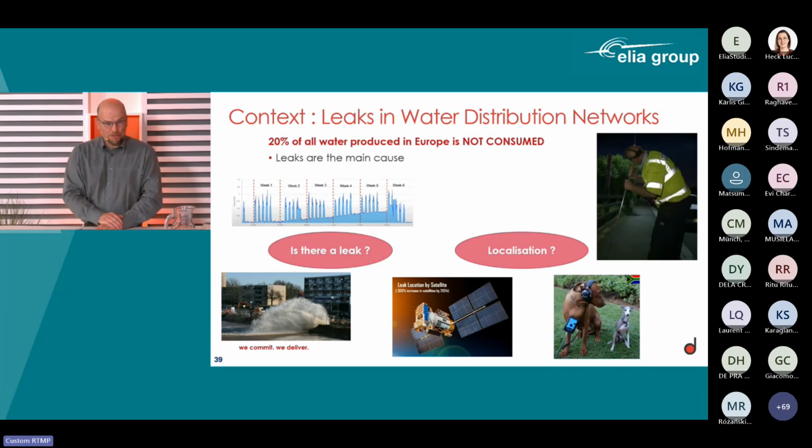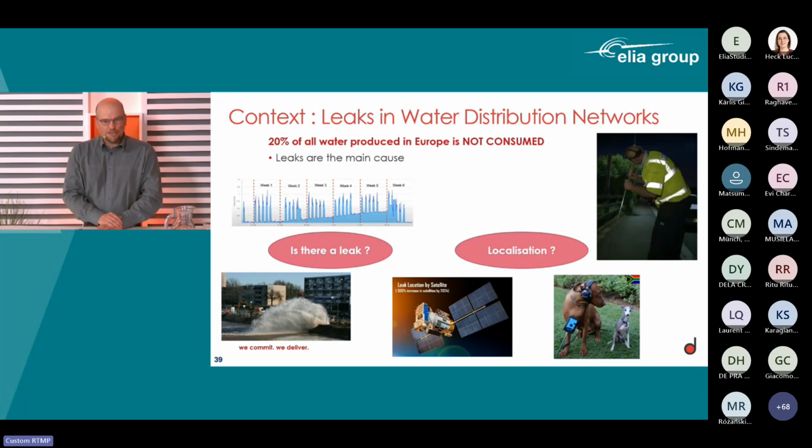That is actually a real person doing that job at night, because at night there is not much water consumption. It's somewhere in England that this guy is working, and he's putting his ear to the pipe with that kind of stick, listening to the sound, and that's the way he is converging towards where the leak might be. That's an approach, and there might be better approaches, but that's also an approach.